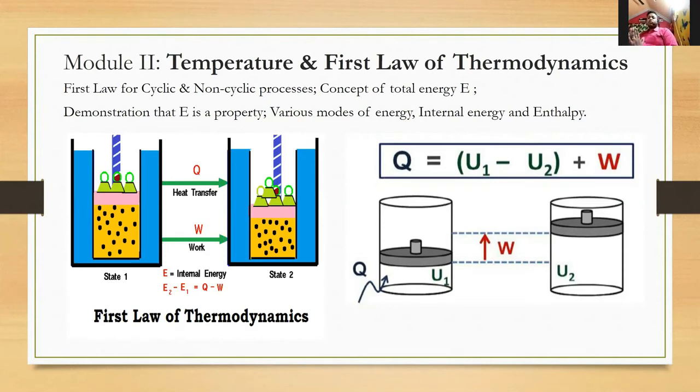And if there is no scope of work, then the whole will be changing the internal energy of that substance. So it's very simple. If you're giving heat to any substance or any system, you can expect some amount of work to be done, and with that there will definitely be some part which is increasing its internal energy. If there is no work, then the whole thing will increase the internal energy. So that is a very basic form of energy balance, which is said as the first law of thermodynamics. But we'll go much deeper in the actual chapter.